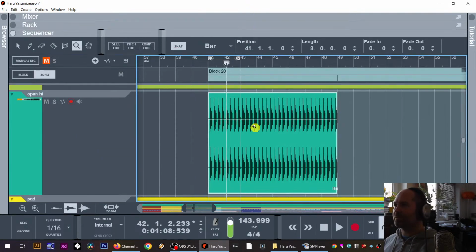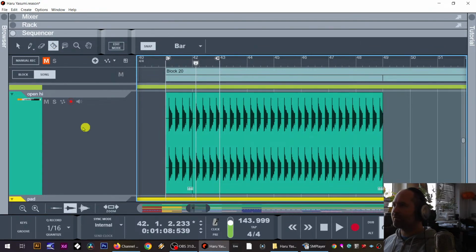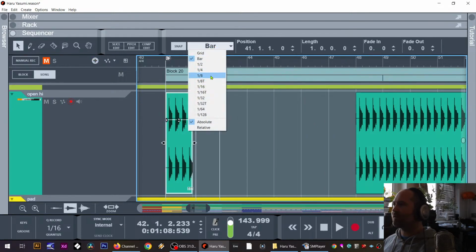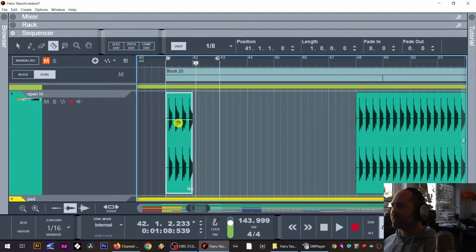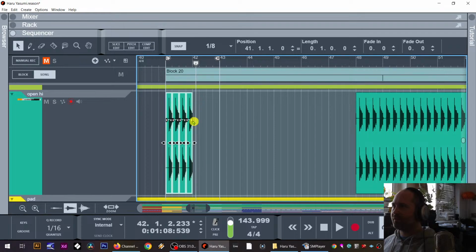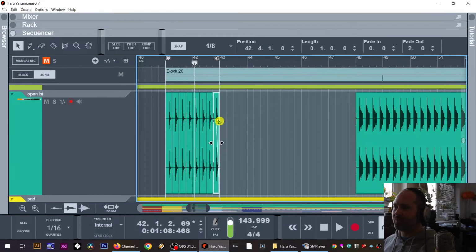I think it looks quite tight, as you can see here. Maybe we can make it even tighter. Let me just start with this. Move this out the way. Put this on 1/8 razor. We cut it. Select everything and fade it out a bit more. Let's try that. Yeah, it sounds a bit better. I'm going to duplicate this and maybe make the last one